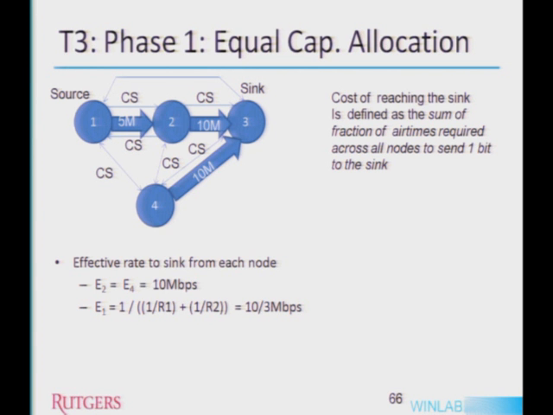For this node, the effective rate can be calculated in this way: the airtime required to send 1 bit from this hop to this hop is 1 by 5 megabits per second. And then the airtime required to send the same 1 bit from this hop to this hop is 1 by 10 megabits per second. So that is 1 by R1 plus 1 by R2, and that is the effective airtime required to send 1 bit. If you invert that, you get the effective rate. So that is around 3.3